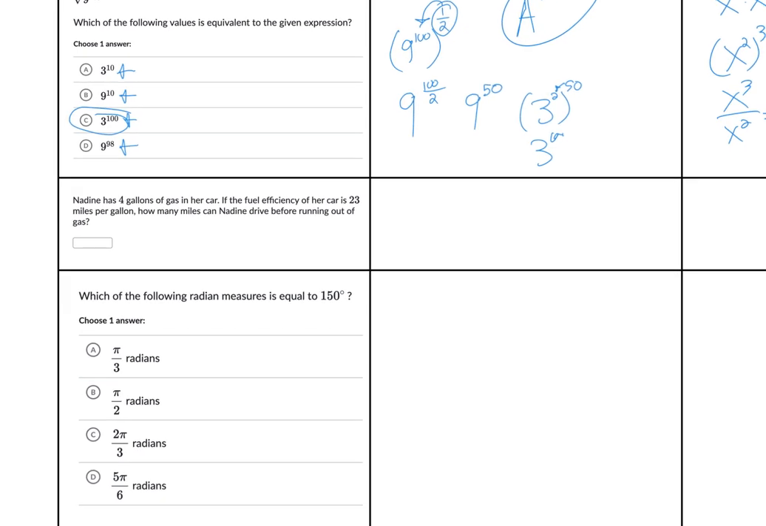Nadine has 4 gallons of gas in her car. If the fuel efficiency of her car is 23 miles per gallon, how many miles can Nadine drive before running out? So 23 miles per 1 gallon. I like to think of these problems to help me set this up properly. I like to think of these as dimensional analysis. When I did dimensional analysis in high school, I was taught a picket fence method, but however you want to think about this,